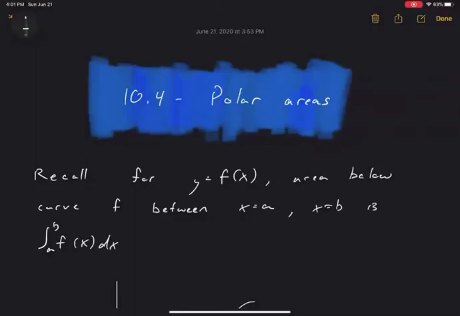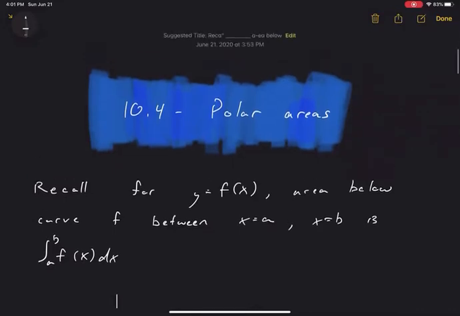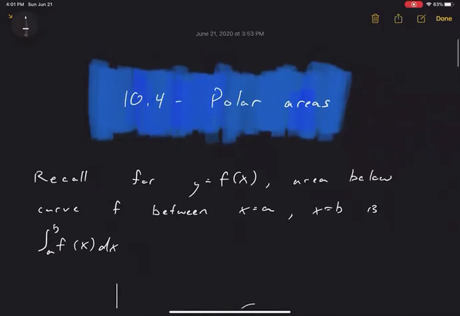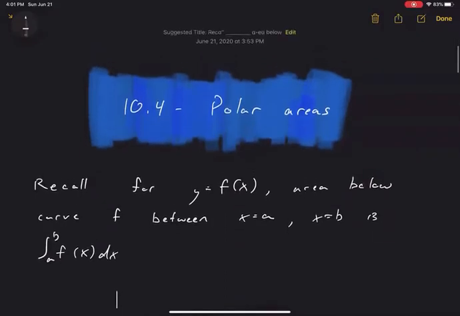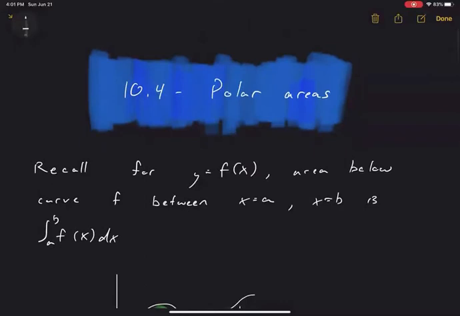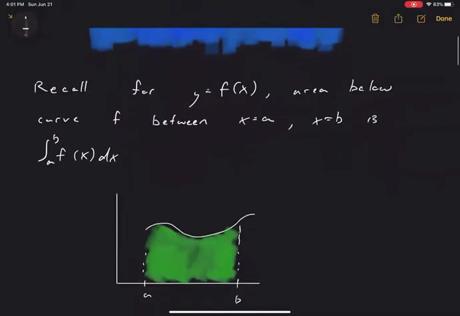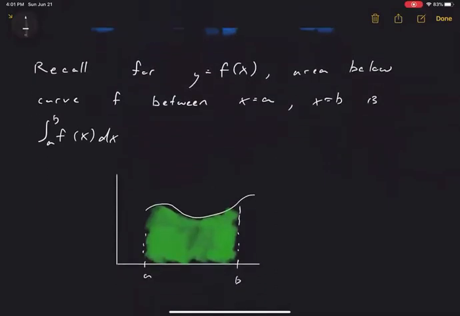This video is all about 10.4, which is integrals and polar coordinates, and in particular, areas enclosed by polar curves. So very similar to our normal integration, our normal areas, but with slight modifications. So let's build up the theory a little bit. To do that, let's first think about our normal